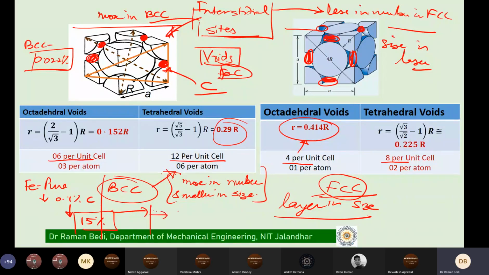So you will have some part of the system as an FCC solid solution, whereas you will have carbon available to us as such, not in a solution form, not in an alloy form. So a lot of carbon may be available outside, which is not accommodated within the lattice. So they may be just available to us in the system. Whereas a part of it, a very small amount of it, can be accommodated into a solid solution. And that is where the term solid solution we are now using time and again.